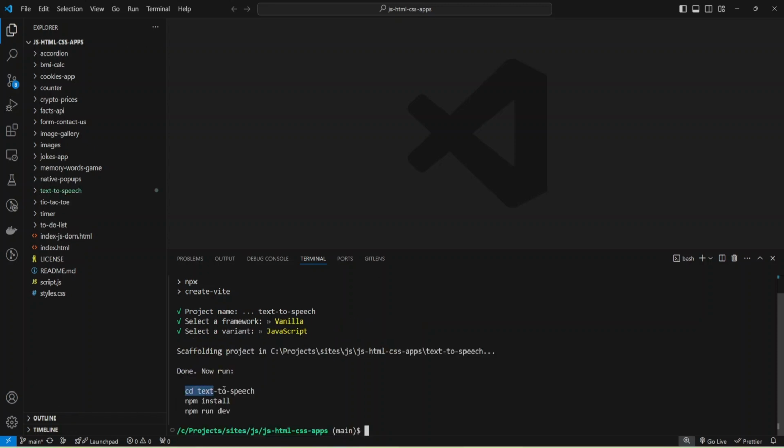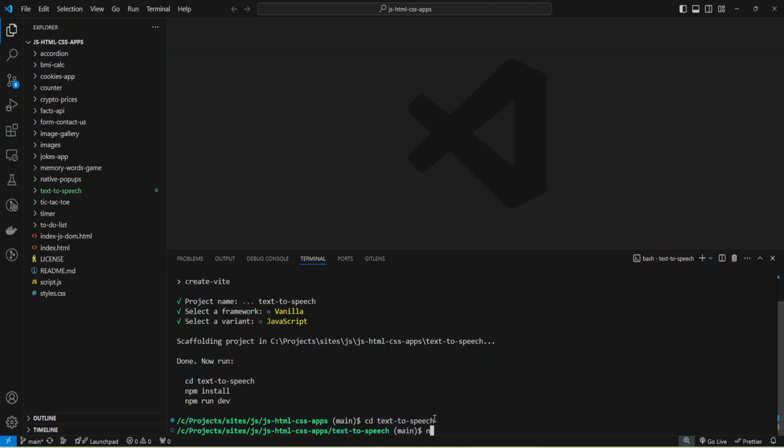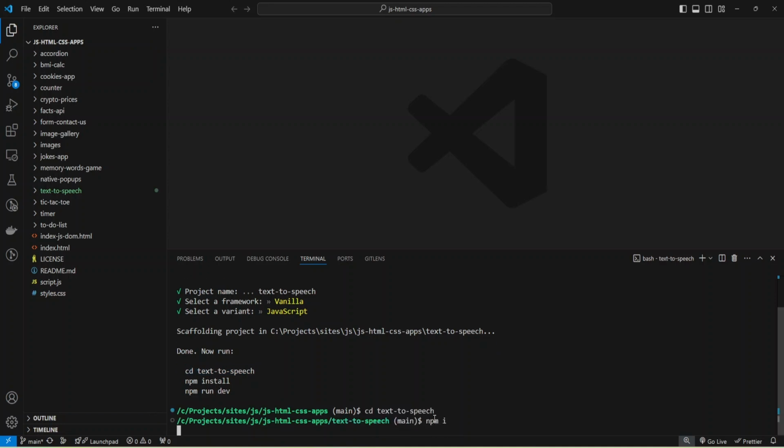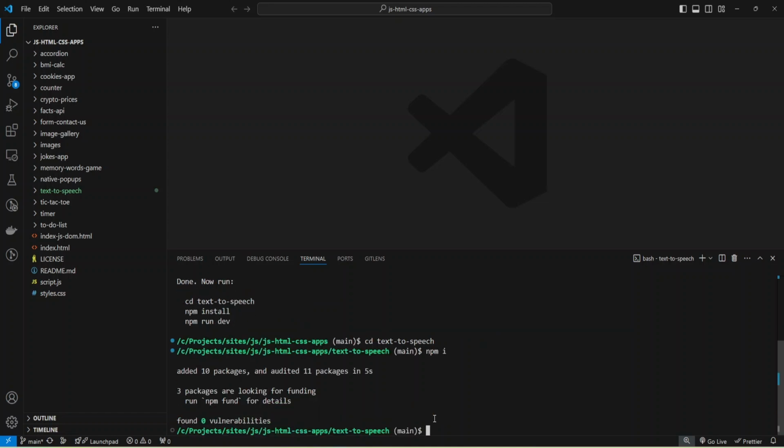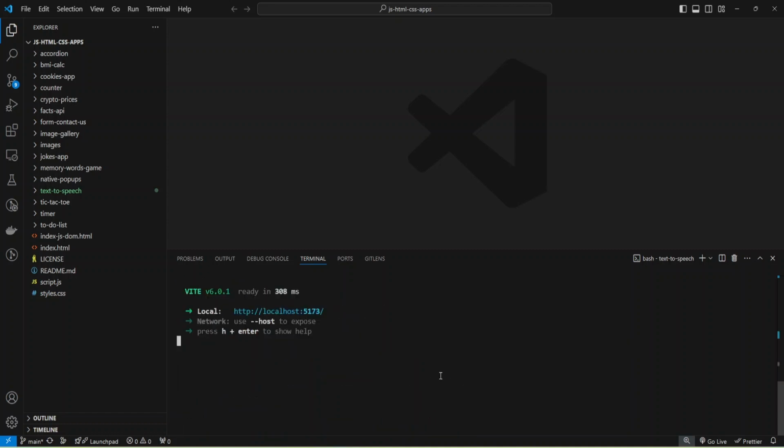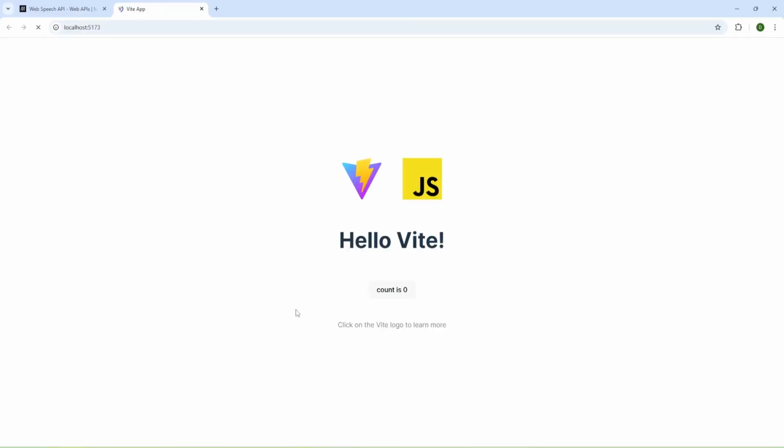Now I can navigate to my folder with the cd command and install dependencies with npm install. Okay, and now I can run the dev server with npm run dev and open my project in the browser.